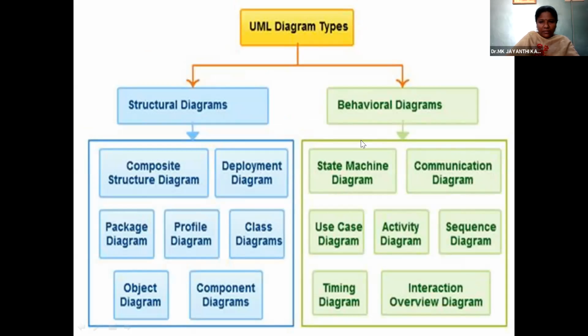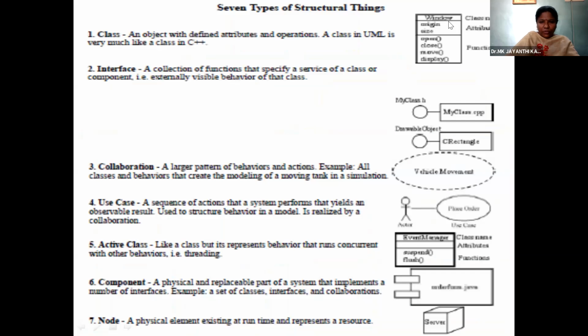Then one more thing: we know class diagrams will have 3 divisions, and interface diagrams will use the interfaces, and in use case diagrams we will use the users and the cases. In activity diagram we will use the classes. In component diagram we'll use this symbol, and nodes will use this.